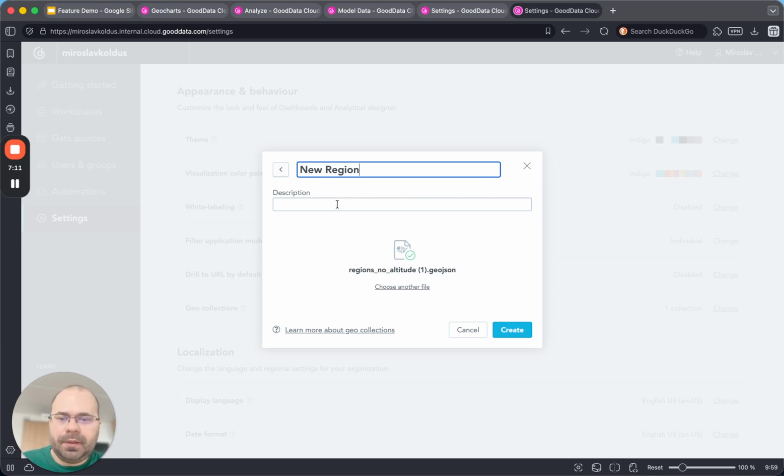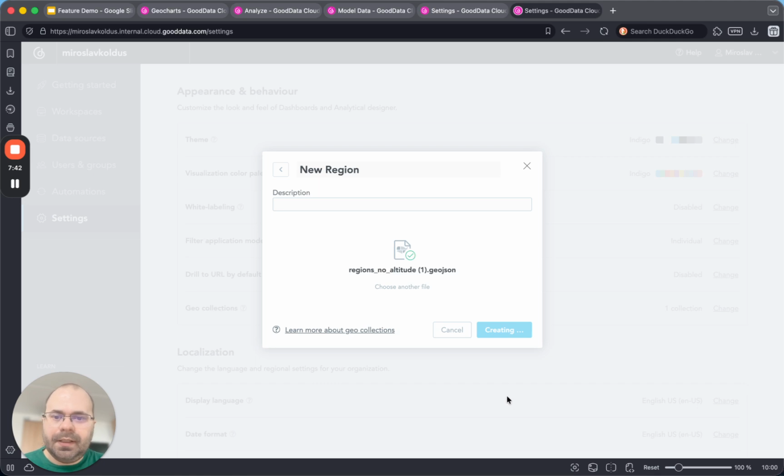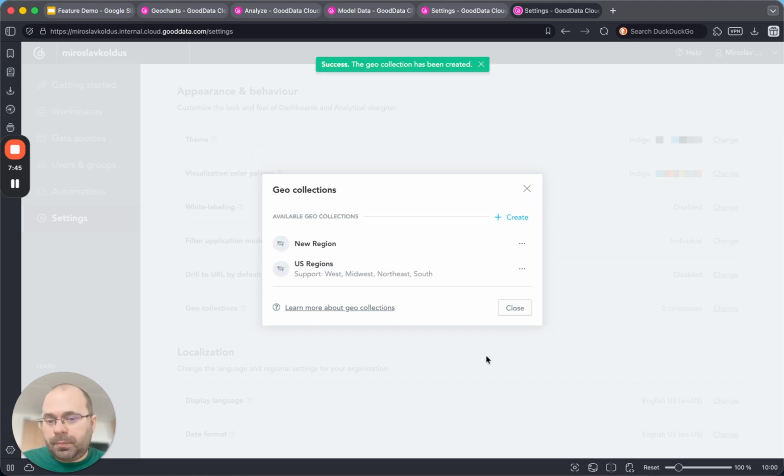We will give it a name. You can give it a description as well. When it was being uploaded, there was a little animation behind the scenes. What we did, we actually took the GeoJSON, validated it, and converted it to GeoParquet so that it could be stored. And when you see this successful icon, it means that the GeoJSON, or your file if it was in another format, is ready to be used, which means it was validated and converted. So when you create a region, it will now be stored permanently on our servers, and we will be able